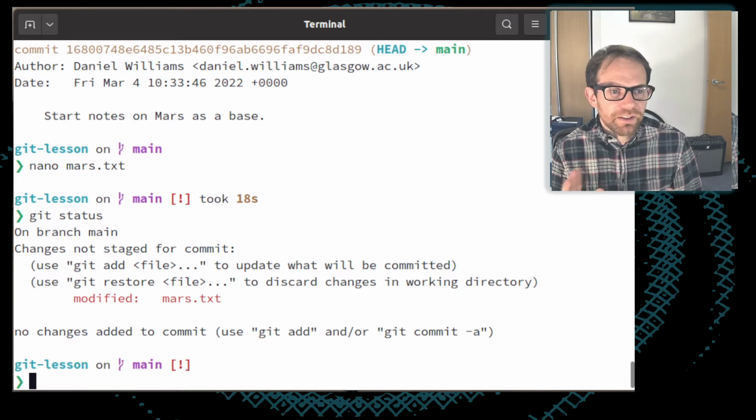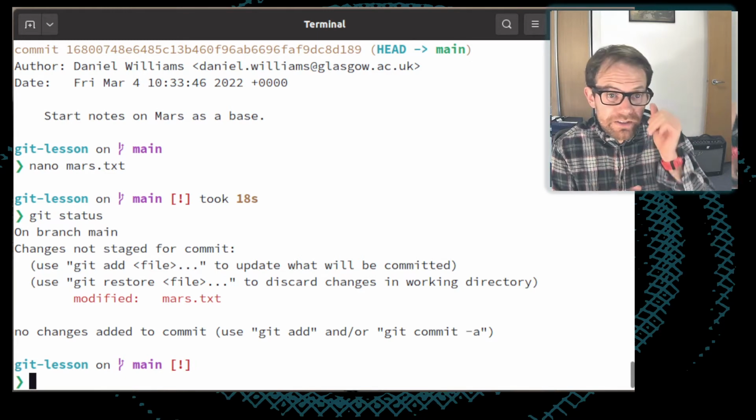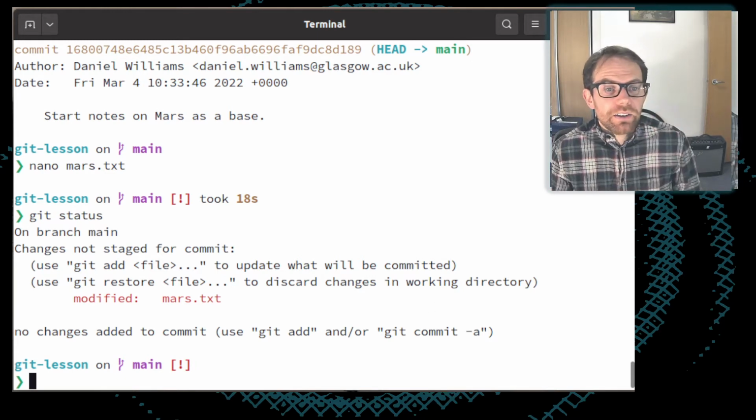But this is what Git is talking about when it's talking about the stage, is that it is what it's preparing for the next snapshot. And nothing has been added to this staging area yet. To add this into